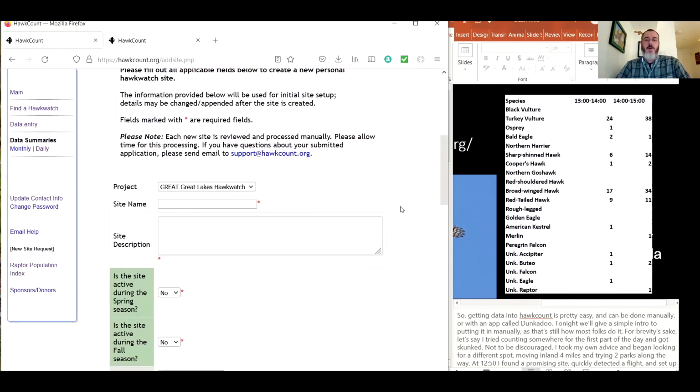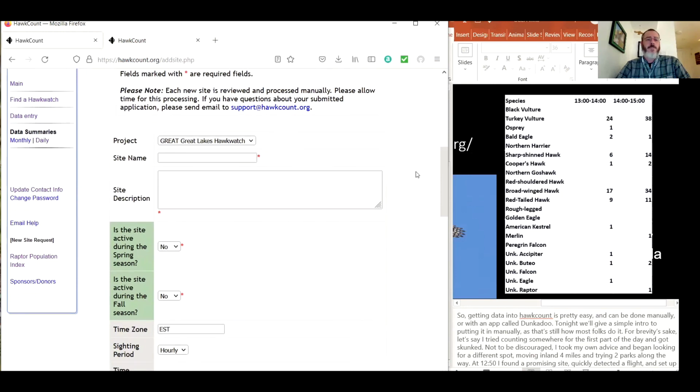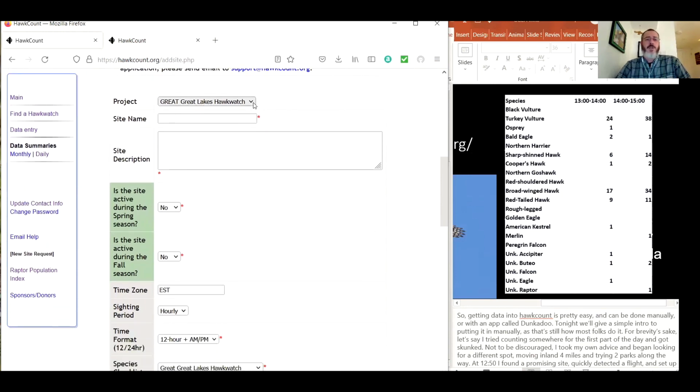Now, you're going to select for the project, which is the Great Lakes Hawkwatch. You're going to give yourself a site name. So today I'm going to set up a site for the Humber Marshes Park here in Toronto. Now, it's best for a site name to pick something that's going to be really recognizable and really searchable on a map, right? We don't want to be picking something like John Doe's backyard or Jane's fabulous Hawkwatch site, because